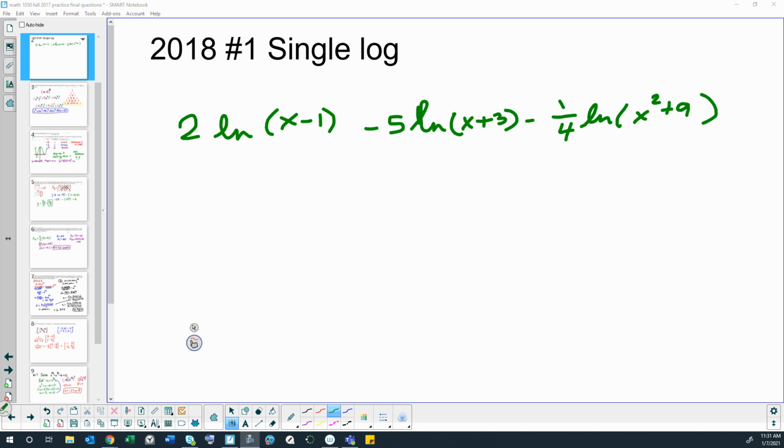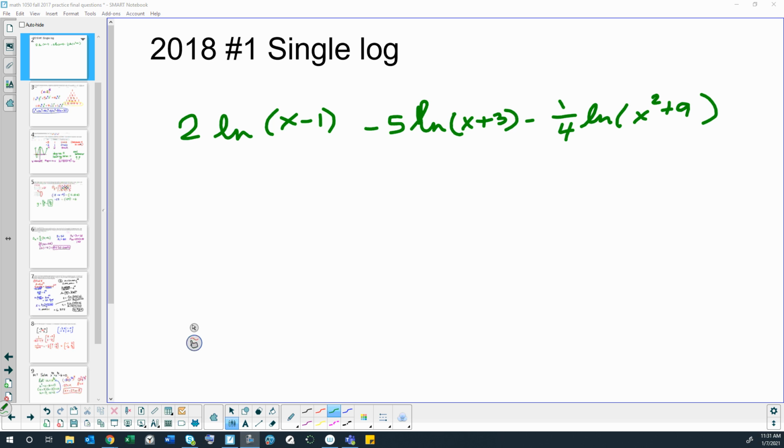Alright, so this is 2018 practice final question number 1. We're rewriting this logarithmic expression as a single logarithm. So make sure you know how to go both directions. Like this one is taking what's been already expanded and putting it back together, which is useful if you need